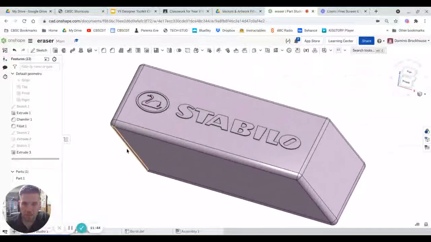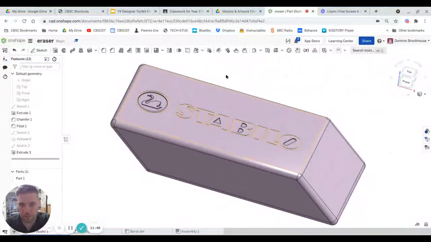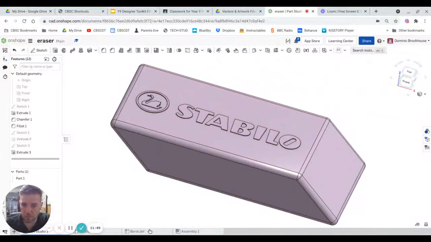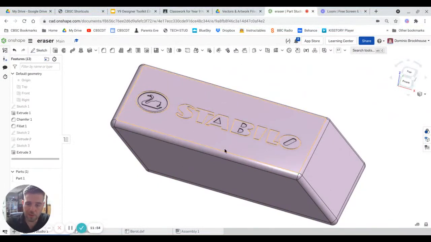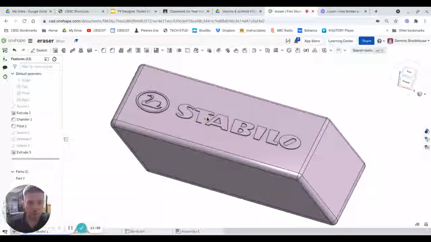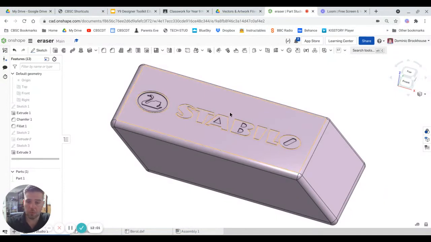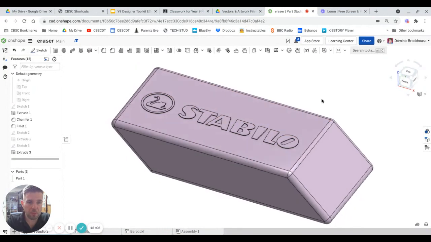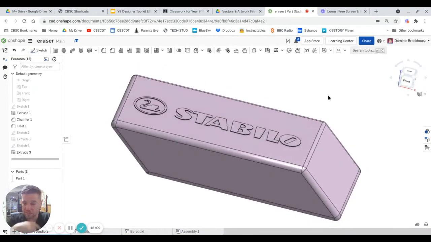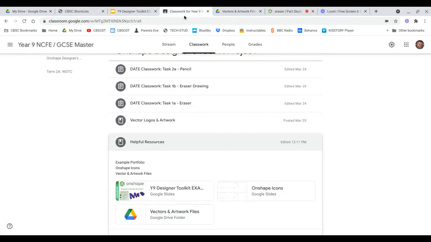Okay, so that, in a nutshell, is how you add DXF graphics in vector format into your work. You can use that to add a Staedtler logo onto your pencil. You can also use it to add the Edding logo onto your marker pen later on. You might want to use the Helix logo on your ruler or your protractor or whatever. And there's also a Lego logo if you're messing around with Lego. Like I said, if you want to create your own, you can trace your own by getting a picture off the internet. You can request specific logos if you want by going into